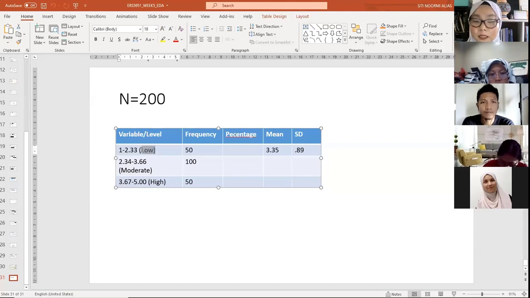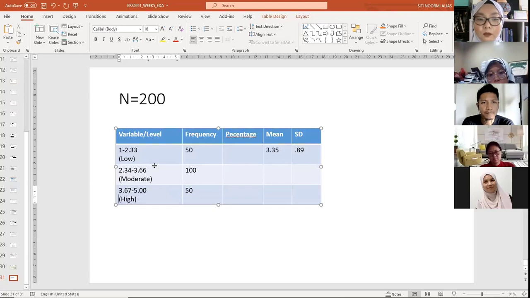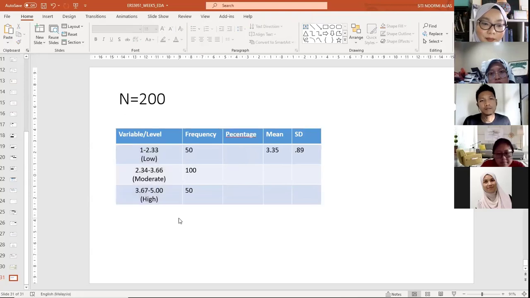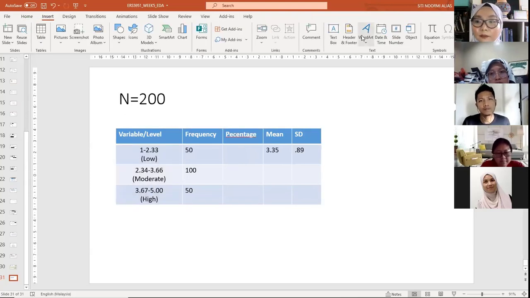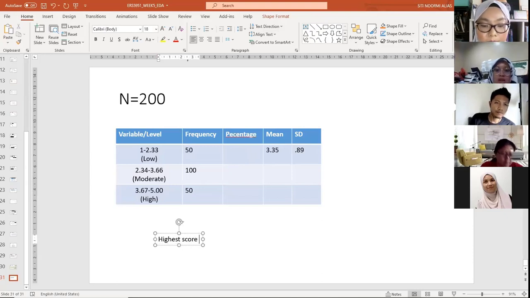Then after we establish these three categories, we need to decide on the interval. So how can we decide on the interval? What formula can we use? The highest score minus the lowest score, and divide by 3. Okay, very good. So the highest score minus the lowest score,